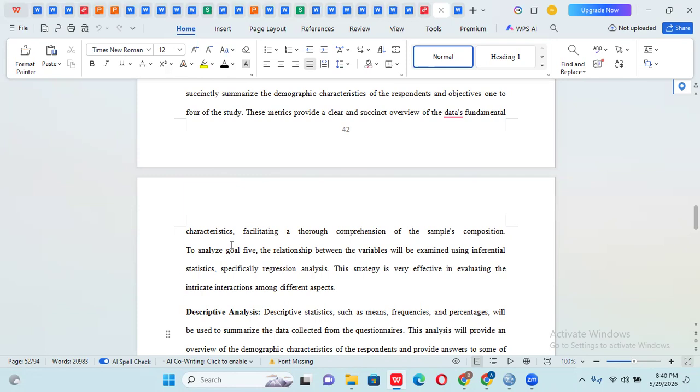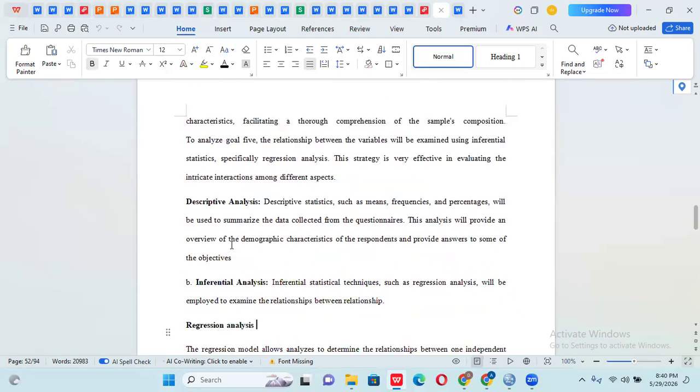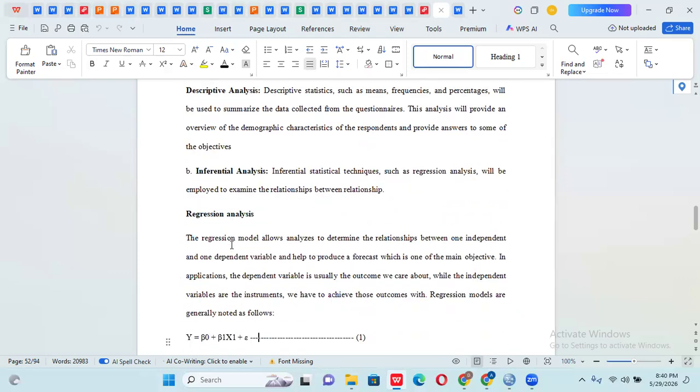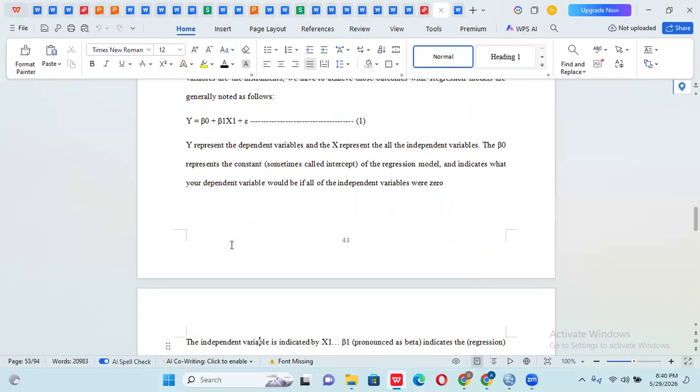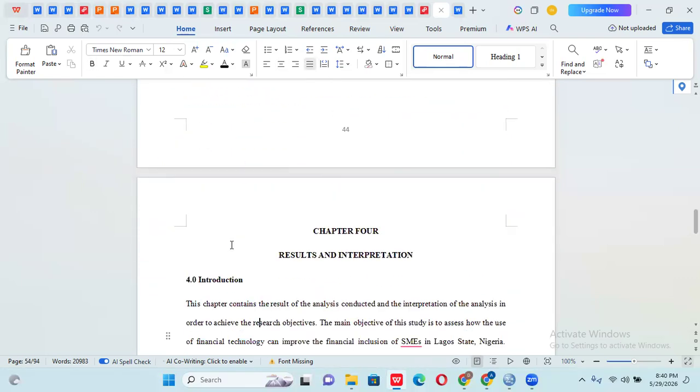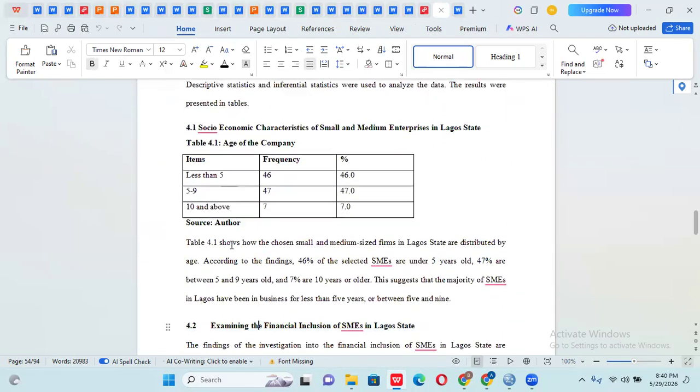But if you don't know what you are doing, you just start analysis, and then you are going to enter problem. So please, let's note that. So this is a regression model that was designed. So the chapter 4. So now,